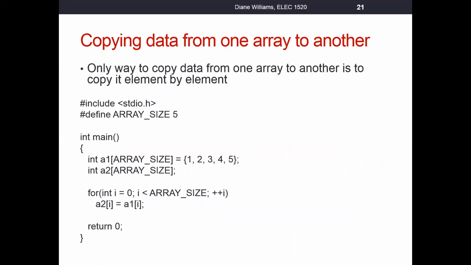If we want to actually physically copy data from one array to another, this is the way we have to do it. In this case, I created this array named A1 and put the numbers 1, 2, 3, 4, 5 in its memory. In order to copy those into array 2, I use a loop, where we start at i equals 0. As long as i is less than the number of elements in our array, we're just going to copy from one index location to another. So that's how we have to copy array data. We don't have any magic function that just copies it over. All right, let's